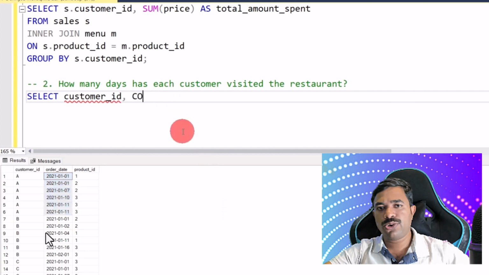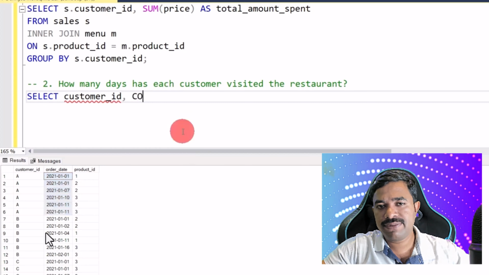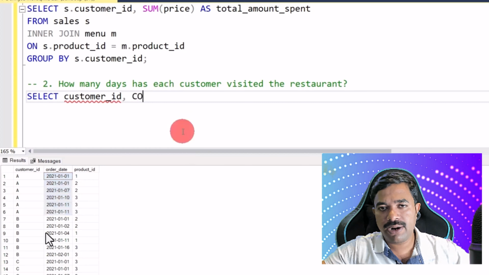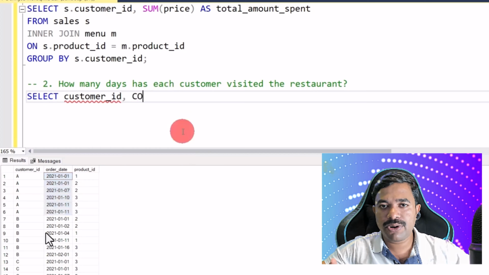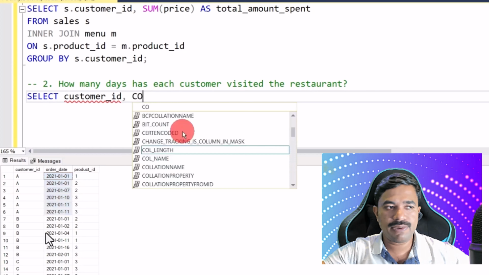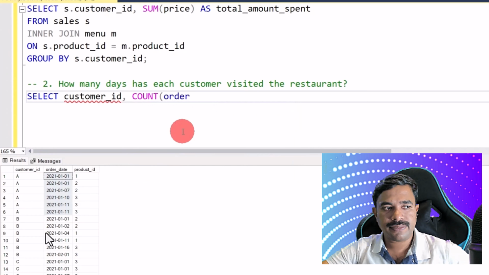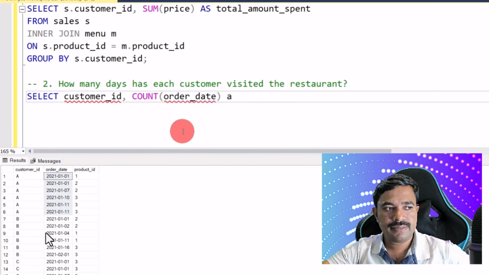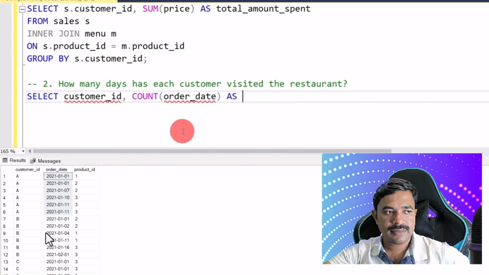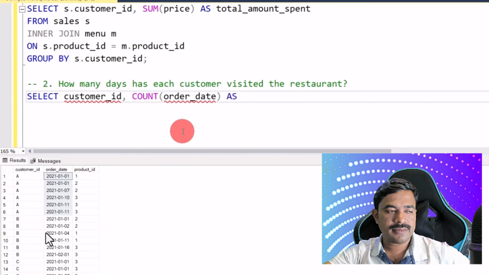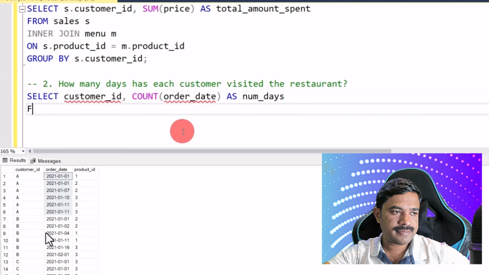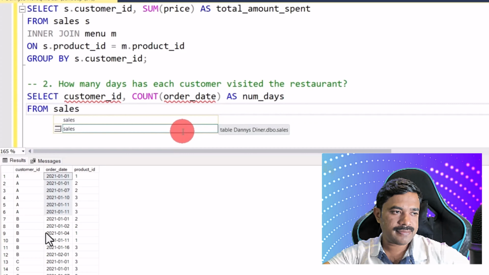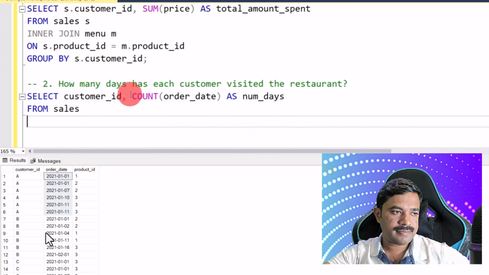So we need the count of days. We have a function called count, and inside count, you could either use star or you could specify the date. Then you could extract the number of days each customer visited. So let's see how we could solve this. Count order date here. Okay, and let's name it number of days. Now from table is sales, and since we are using an aggregate function that is count,